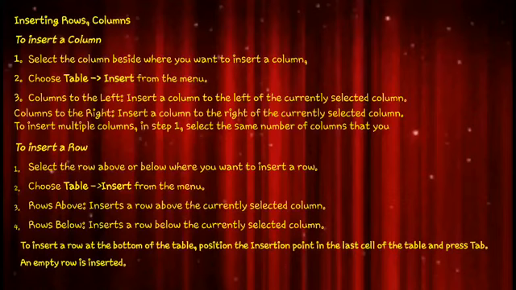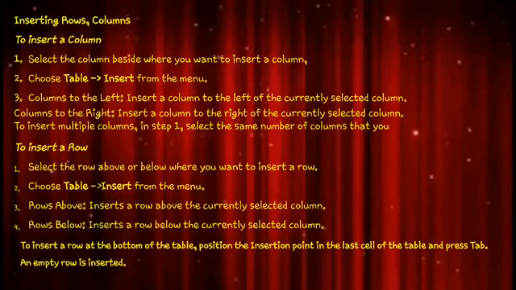You'll get an Insert Column dialog. There you can type any number. Whatever number of columns you want to add, you can give the number. Suppose 3, then type 3, and 3 columns will be added. Here you'll have 2 options: insert column to the left and insert column to the right. So wherever you want to add, you can give the option.